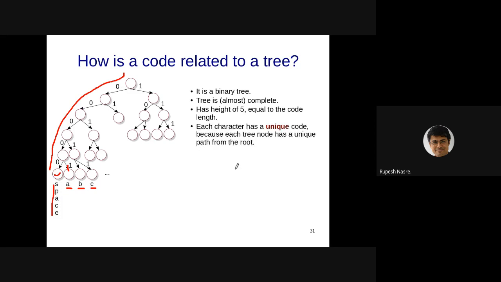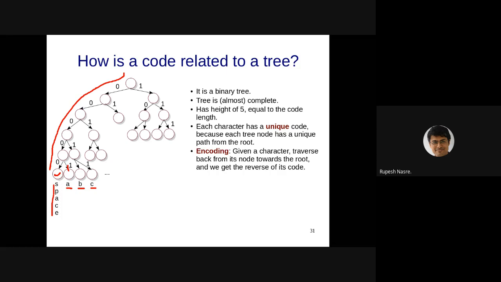And each character importantly has a unique code, right? Because we have also said that there is a unique path from root to any node, and that also maps to the unique code. And here, although I have mentioned this to be weighted, we need not really store the weight explicitly. Whenever I'm accessing the left child, I say that I'm going to 0 or I'm going to output 0.